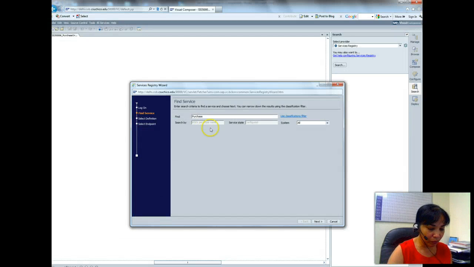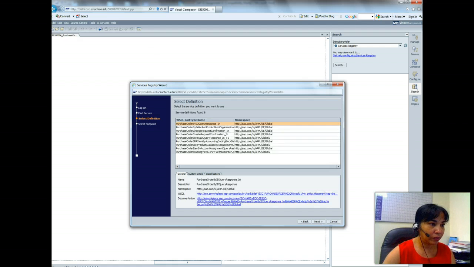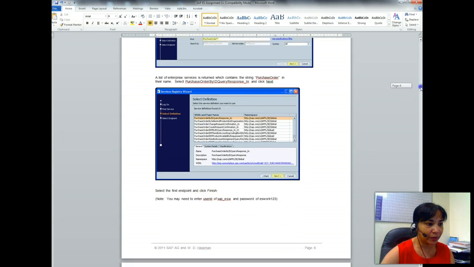Okay, so I will do purchase order and wildcard, and let's see what I get. Okay, so do I take the first one? Yes. So I take the first one, purchase order by ID query response in, and I will click next, and